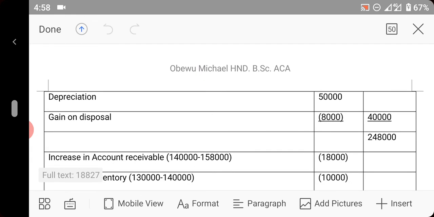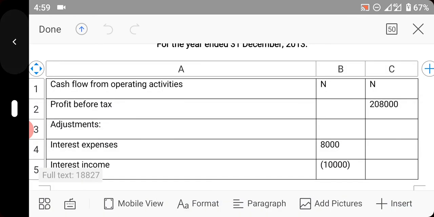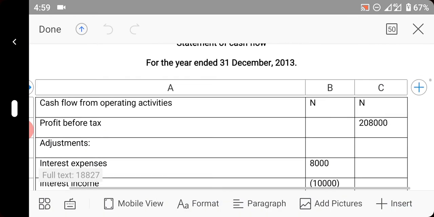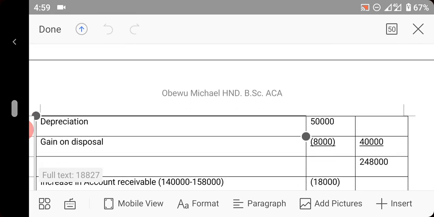Depreciation was not supposed to be deducted because depreciation is a non-cash item, so we'll bring it in here and add it back. Gain on disposal is not supposed to be added in the profit or loss account, so we'll bring it here and less it. So when you do this, you now have this value. All right, so the next thing you do is to take care of your